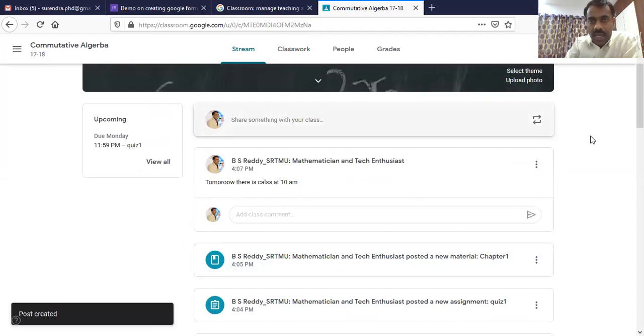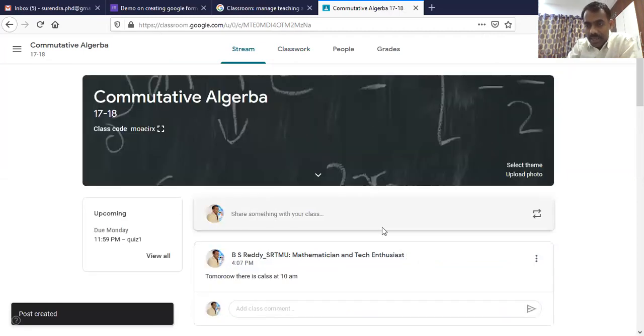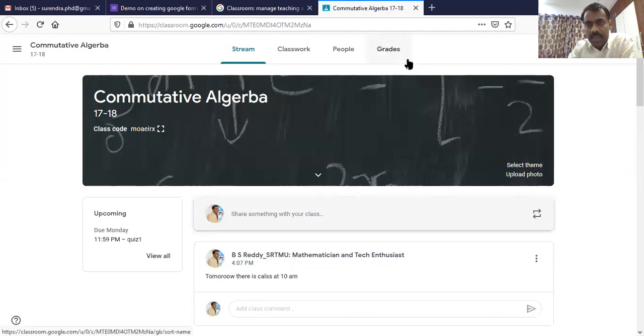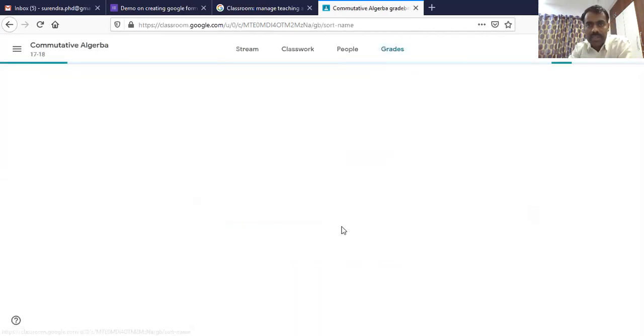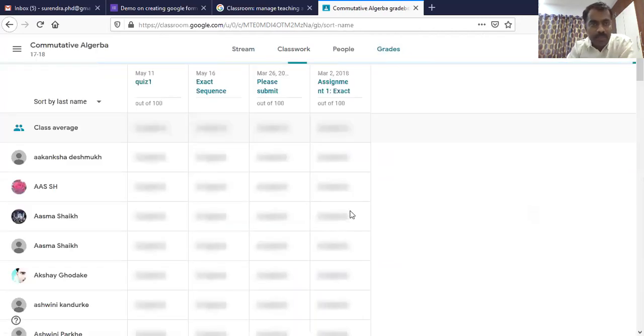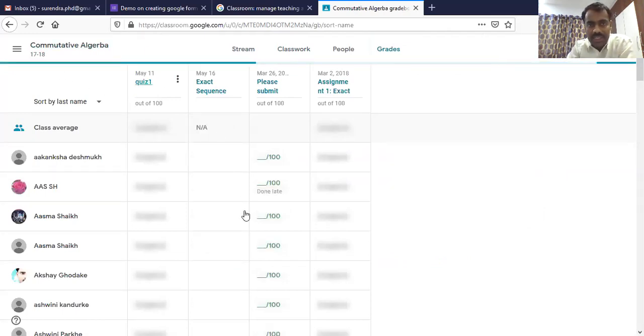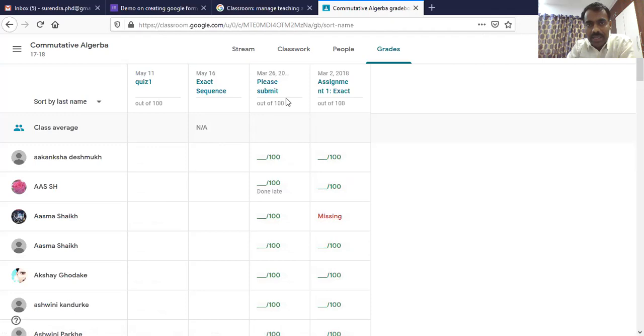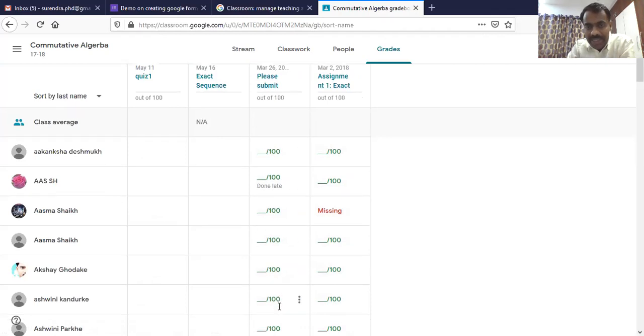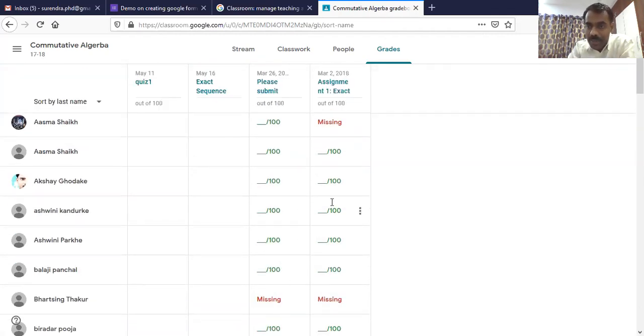Okay. And once we take exams and so on, then one can see the performance of students by going to this grades. If you click on this grades, you can see for this class, I have conducted quiz 1, exact sequences, assignment, such things are there. Depending on that, here you can see the marks. Some are manually added, some are automatically added.